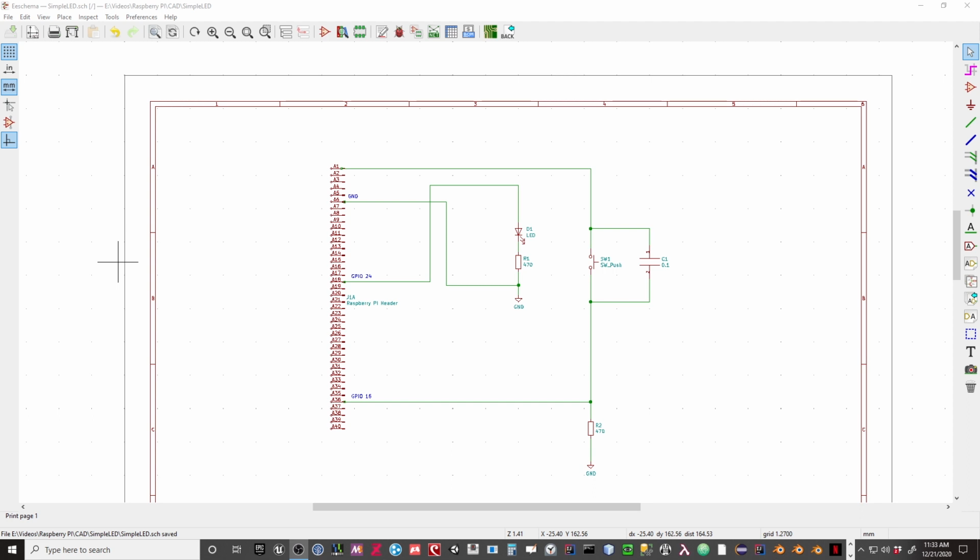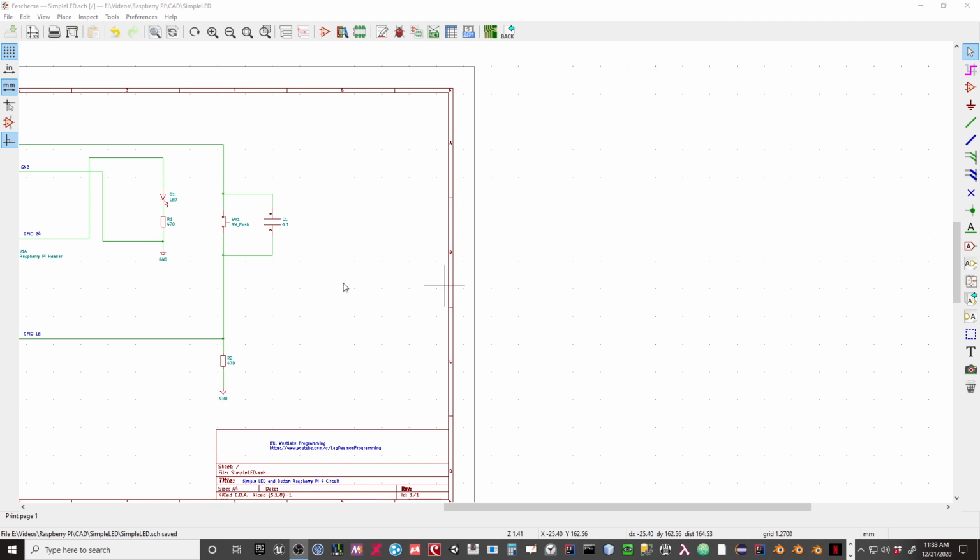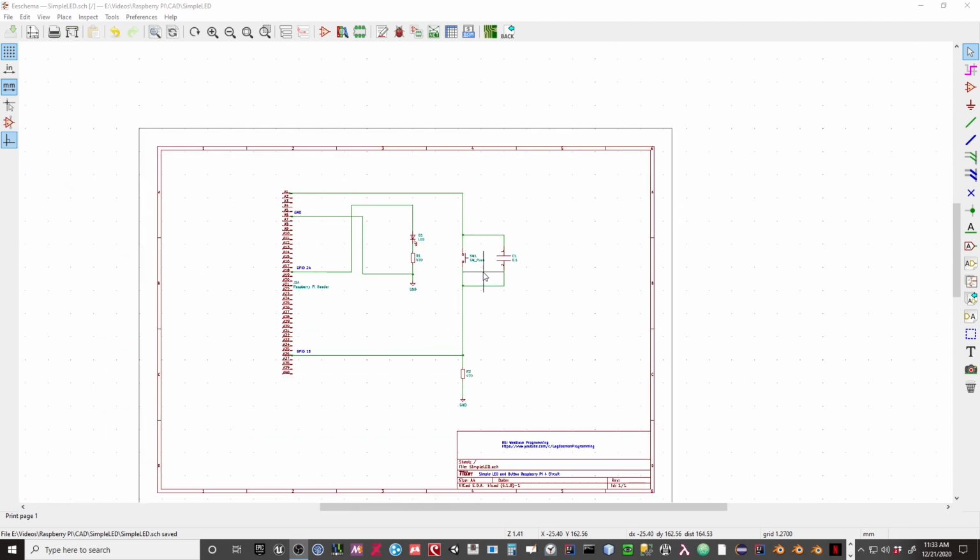What we're going to do in this video is build a little electronic circuit and then write some code to make that circuit do a couple of different things. And I have that circuit here in front of me. Actually, while I'm here,